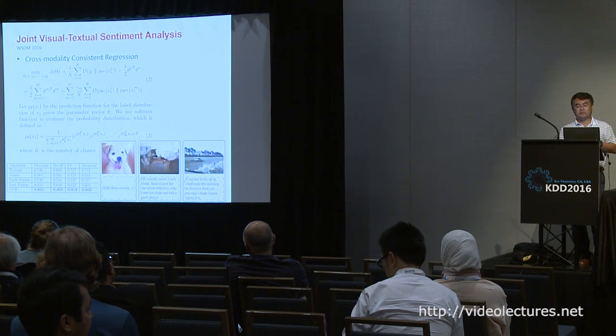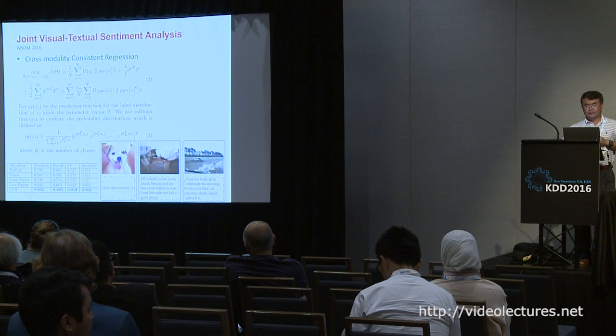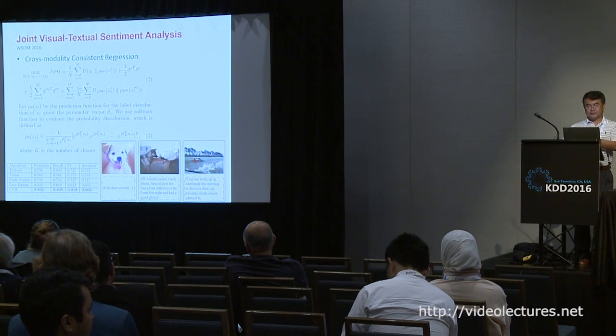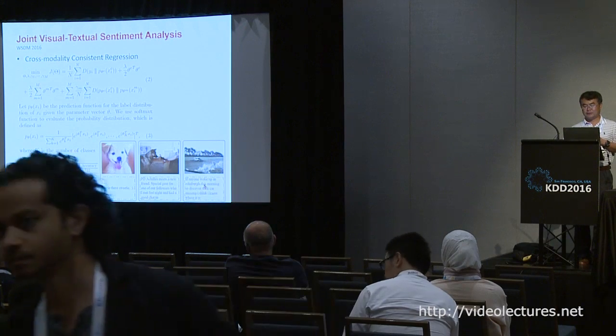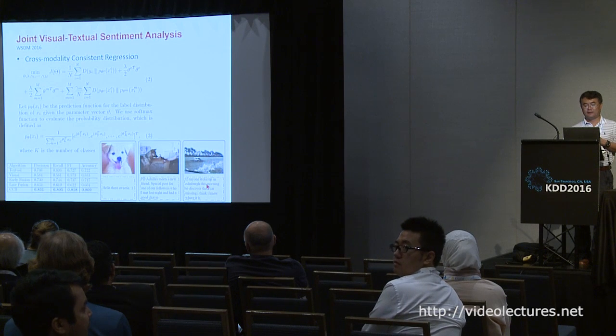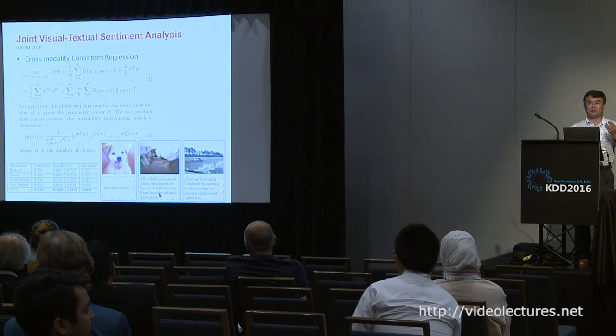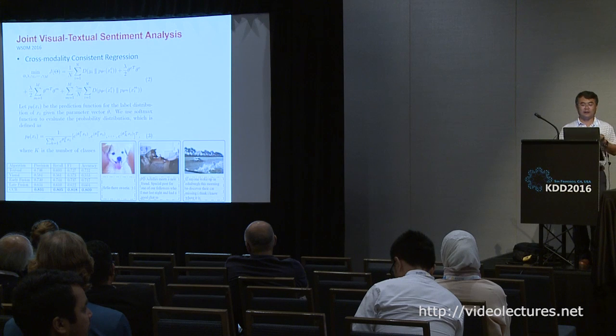So the idea is, after we look at a few image tweets, these are image tweets, you can see that this is an example where the visual sentiment and the textual sentiment clearly align. And then this is the same thing. They are both negative. But there are some examples where either one of them is neutral or you can't quite tell.